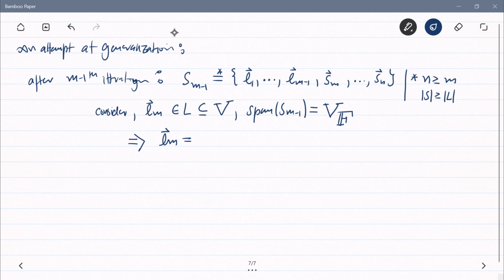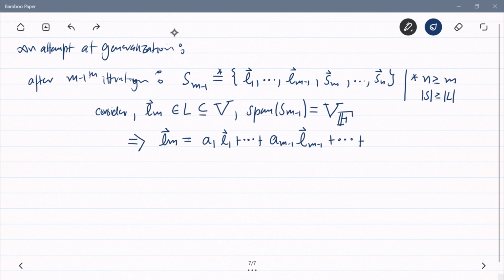Let's use A. A sub 1 L sub 1 plus dot dot dot plus A sub m-1 L sub m-1 plus